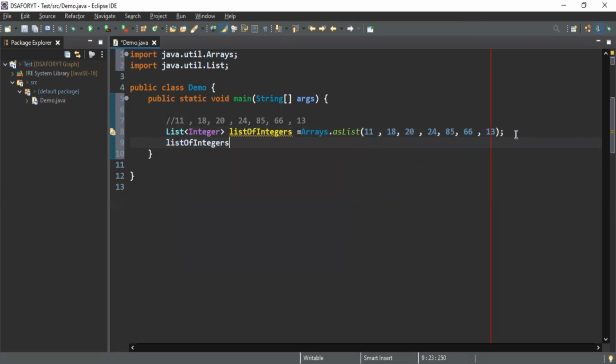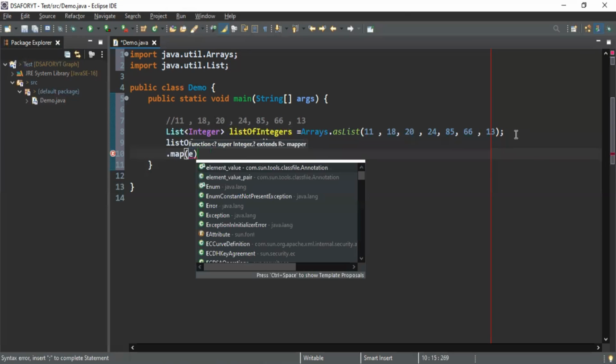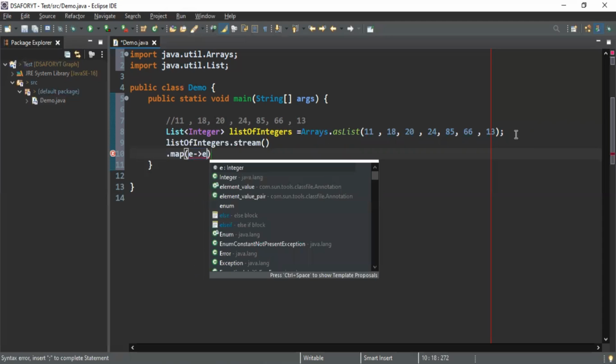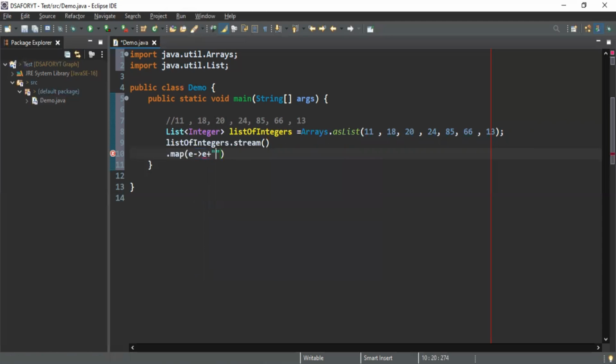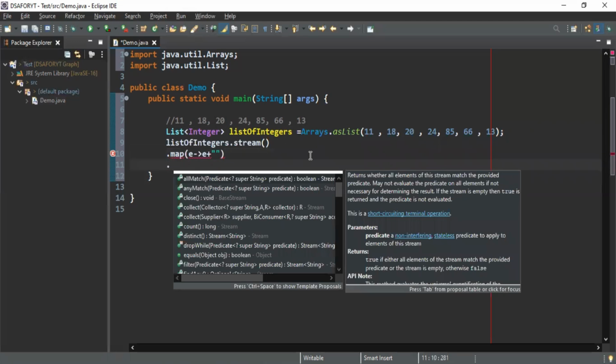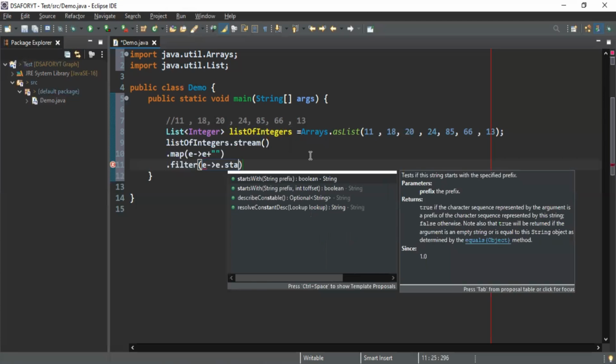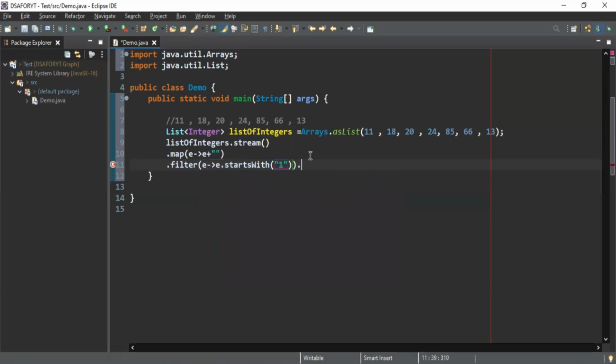Okay, so let me put the stream over it, and after the stream, I will create an equivalent object for each and every element. So a lambda expression. I will say e, and I will put a filter on it. I'm creating this as a string, so I can easily put my methods over it. So I will say startsWith, and here collect,